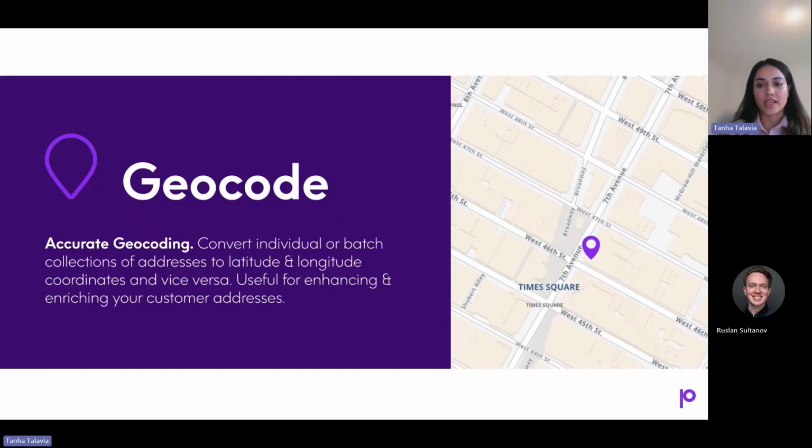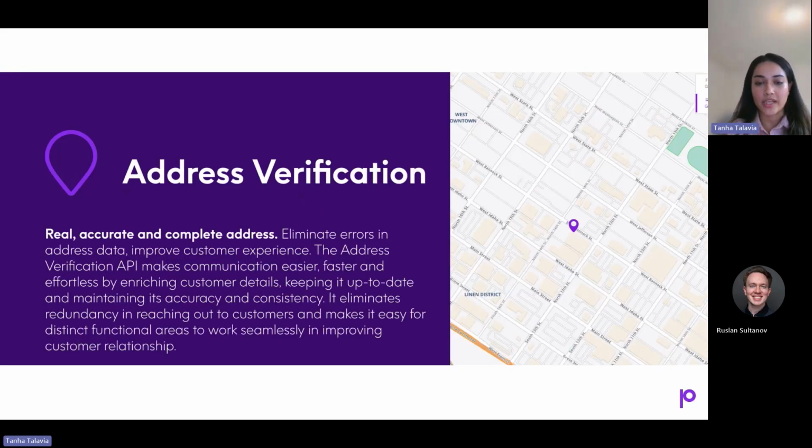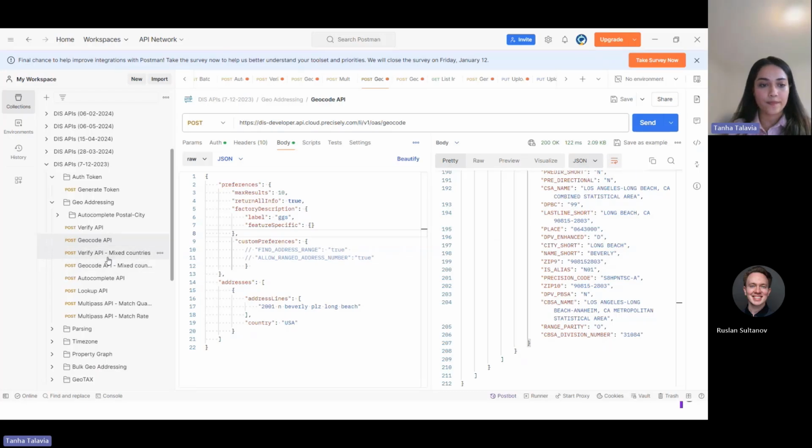Now, if we move to the next API, that is the address verification API. Address verification is a critical component for ensuring the accuracy and reliability of address data in various applications, from e-commerce and logistics to financial services and government databases. Our API eliminates errors in address data and improves customer experience. The address verification API makes communication easier, faster, and effortless by enriching customer details, keeping them up to date, and maintaining their accuracy and consistency. It eliminates redundancy in reaching out to customers and makes it easy for distinct functional areas to work seamlessly in improving customer relationships. Now, if we have a look at our address verification API,